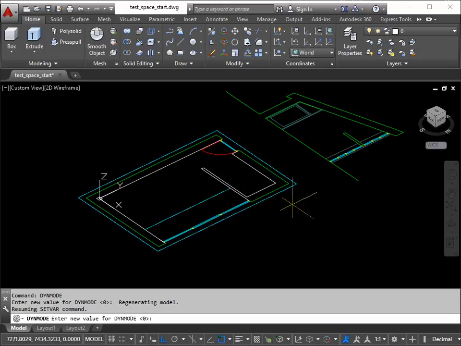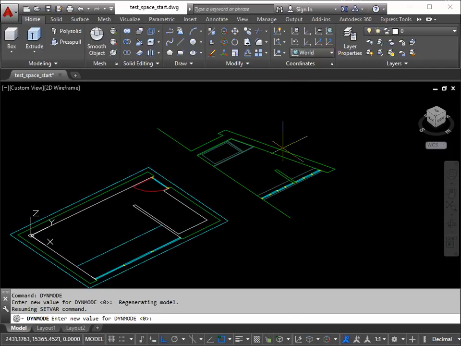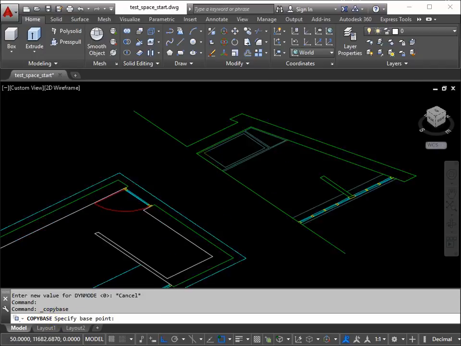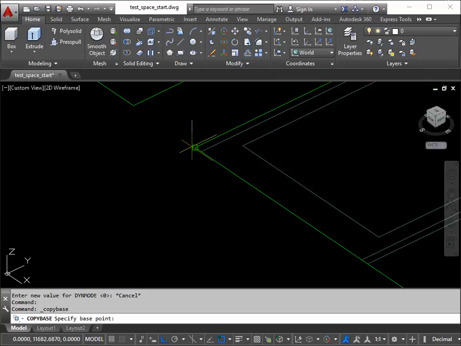This is the right of the drawing, this is the left, and this is the back. Okay, so I'm going to copy this section to the clipboard. So use Shift, Control and C at the same time. Shift, Control and C gives you copy base point. So we look for an object snap. I'm looking for the end point here,